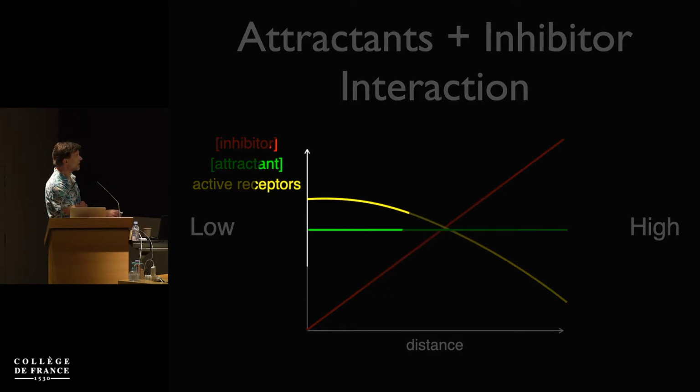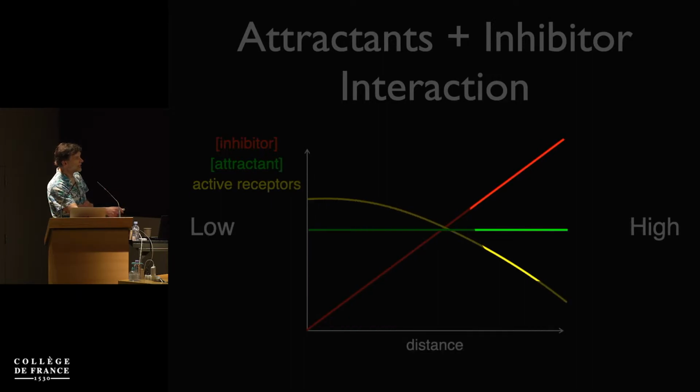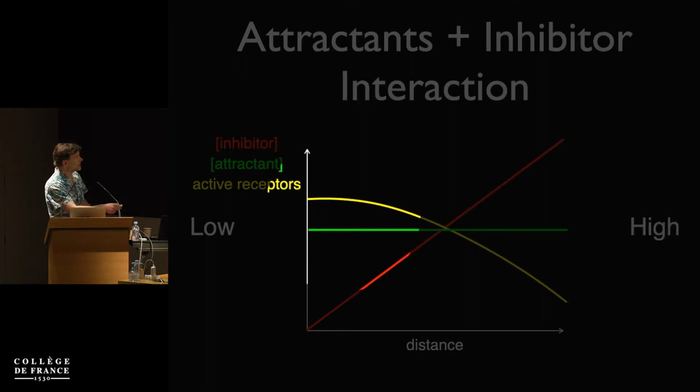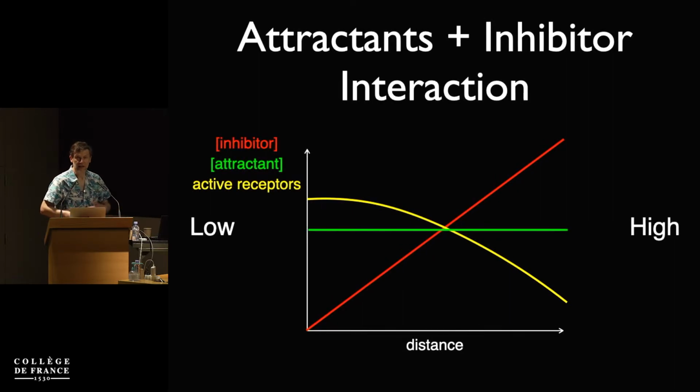Because at this end of the gradient, about half the receptors are activated by the chemoattractant. And at that end, more of the receptors have bound something, but they're nearly all bound to this thing that doesn't stimulate them. So you get more receptors activated at the low end of the gradient and fewer receptors at the high end. So what we're seeing is not really negative chemotaxis. The cells are not chemotaxing backwards up a gradient of the red stuff, but what they're doing is they're reading the interaction between two different chemoattractants, and they're making their gradient out of that.